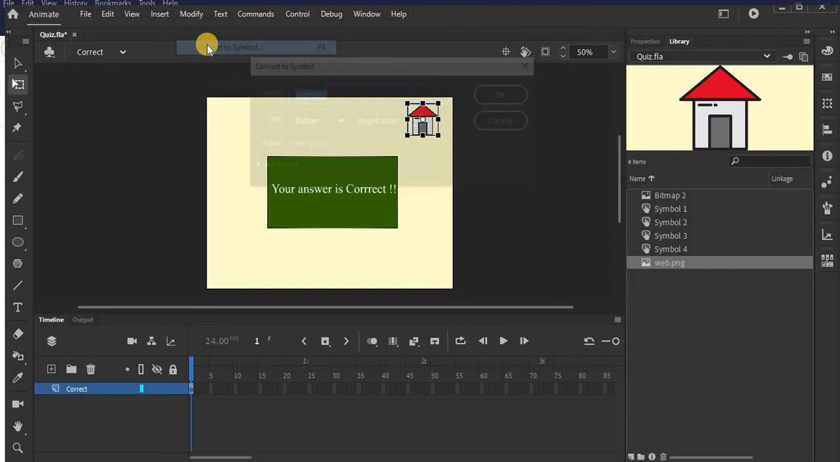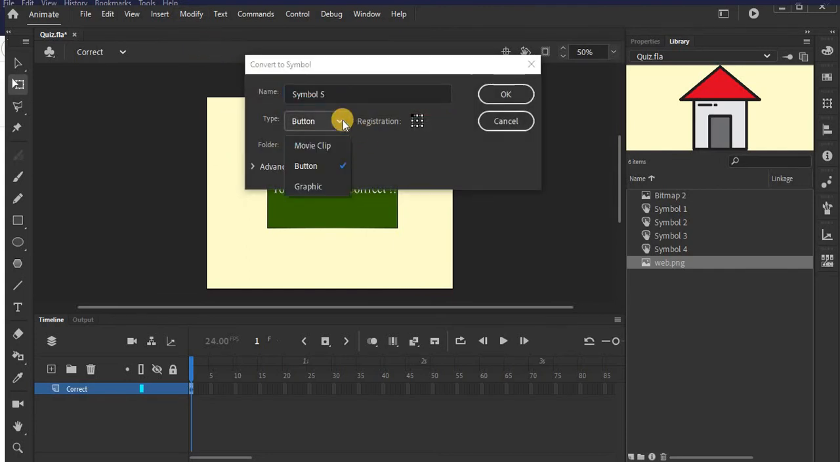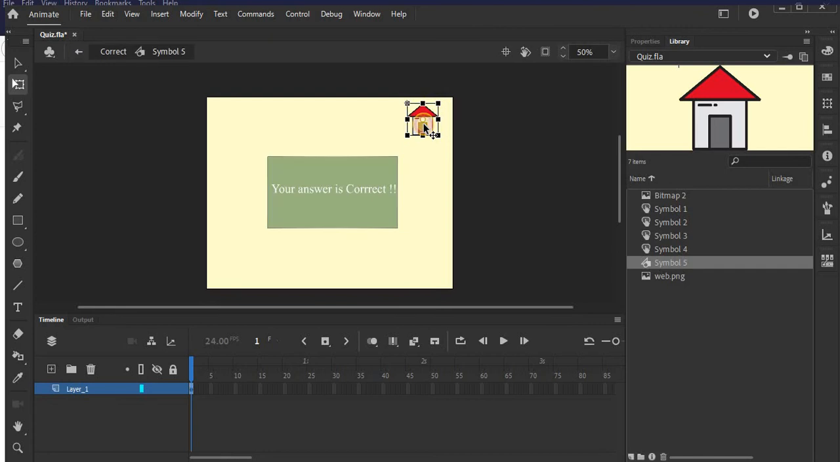Okay, convert to symbol. Here you can click on, for example, graphics, button or movie clip, it's up to you. I'm just clicking on this. If I click on graphics, I can only change this thing. So what I have to do,